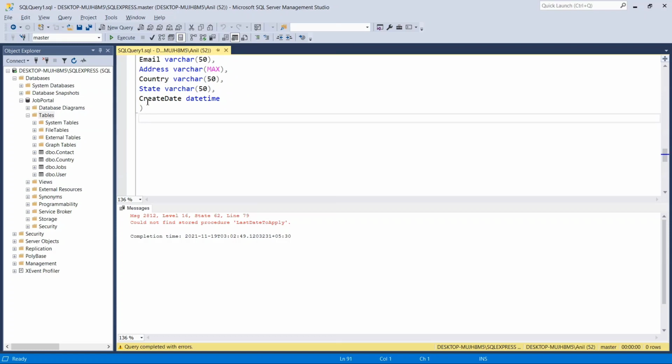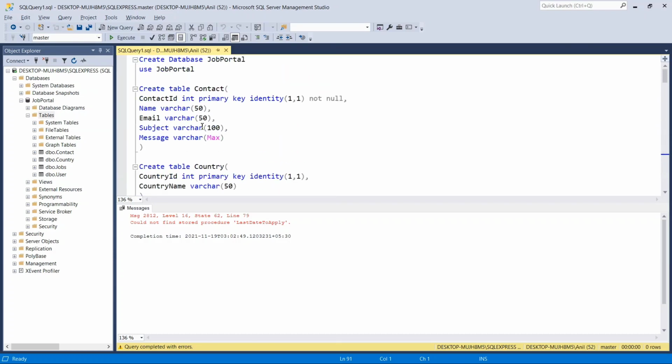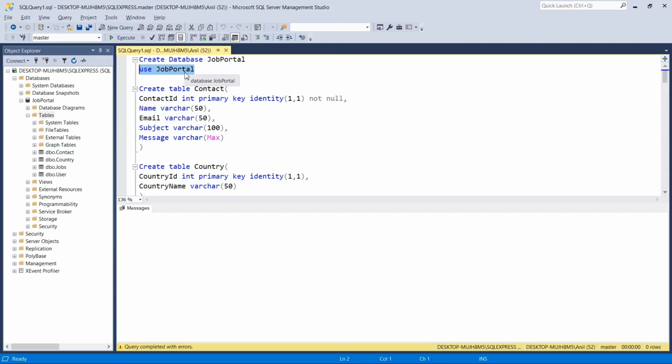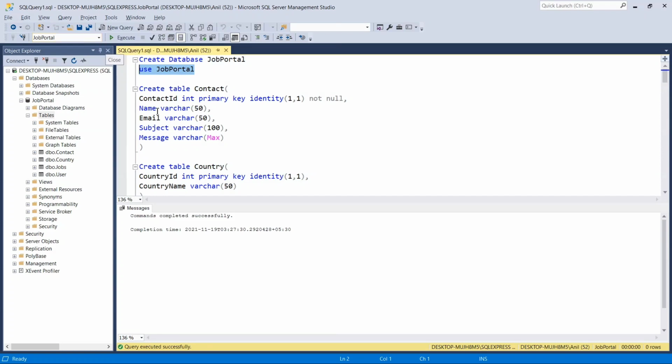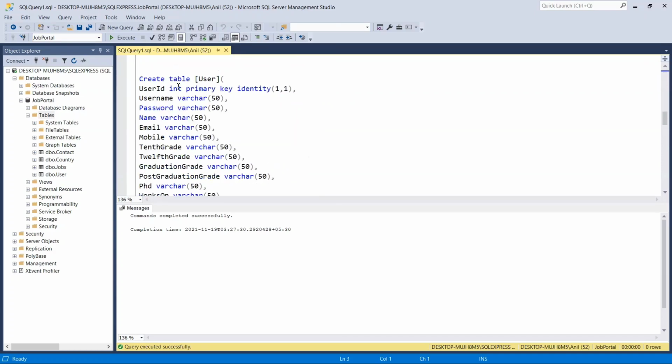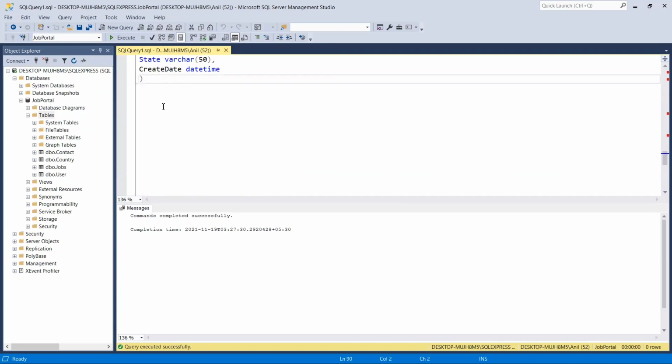Okay, first we need to select the database. Okay, that can run this query, use job portal, or can select it from here as well. So right now we are inside this job portal database. Okay, now what we want is one table with the name applied jobs. So let's create the table. For that, create table name, that is applied jobs.